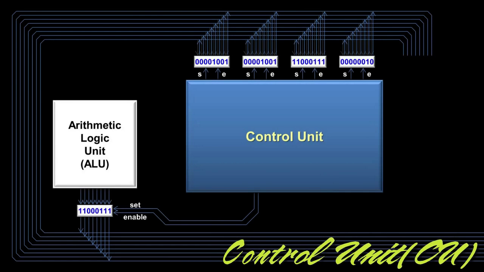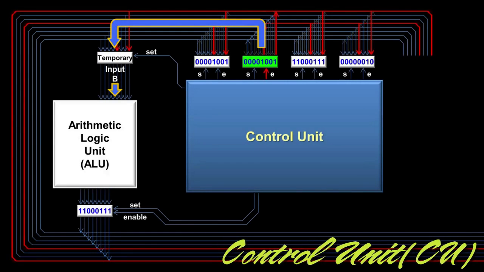Because of this limitation, the arithmetic logic unit uses a temporary register for input B. When the control unit is processing an instruction involving the ALU, it will move one of the inputs to the temporary